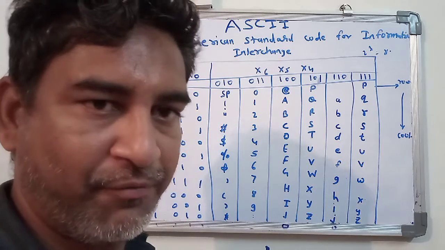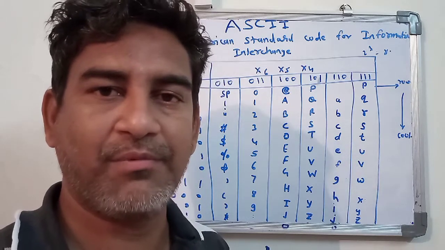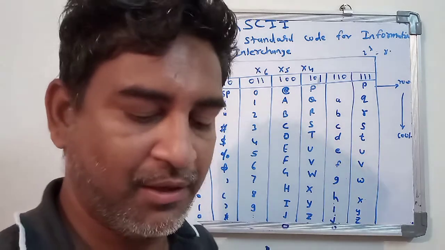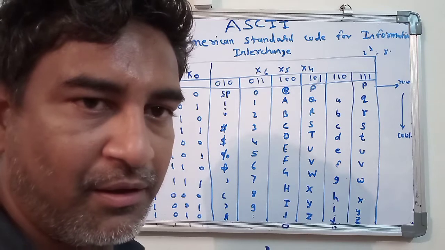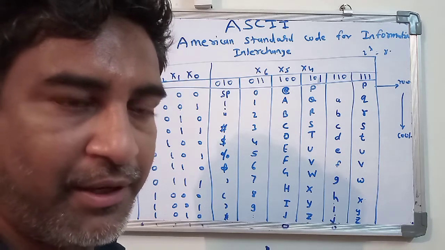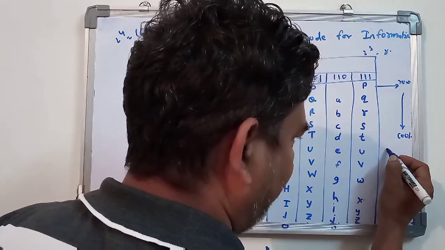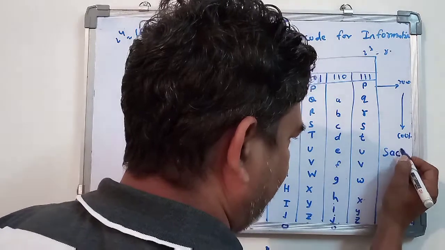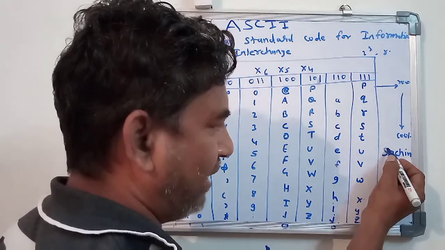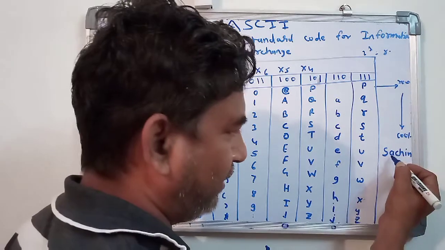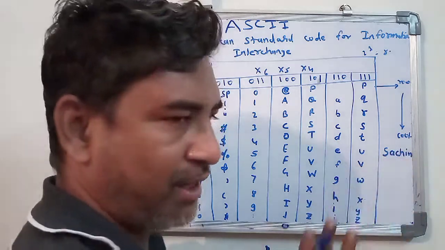Whatever operation is performed has to be performed inside the computer in the form of ones and zeros. Okay, now you take one example. Suppose you have written the A. Now here I will write in small letters. Suppose my name is Sachin. Okay, students, the S I have written as a capital, and then the A I have written as a small letter. One is capital, and all the others are small.